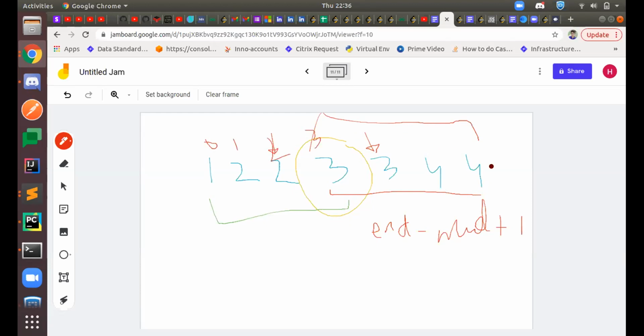So 6 minus 3 plus 1, which is 4, right? So basically, I get to know that this segment is of even length, so I cannot have any singly occurring element in this one. So I would go to the left, to mid minus 1, this part.